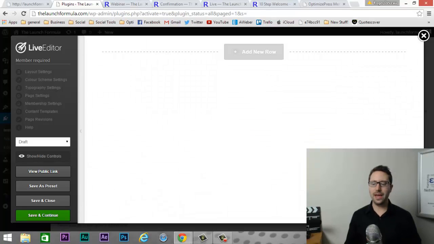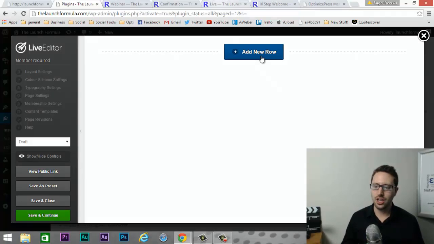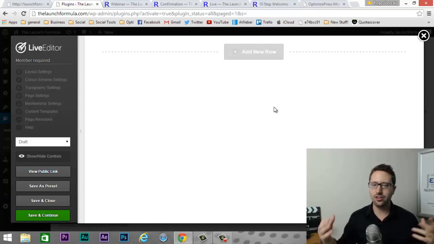So here we are in the page, and again, we're just going to make this quick and dirty because we want this to be functional. This doesn't need to be a beautiful page. It doesn't need to have any of that kind of stuff. All it needs to do is get the message across. So to keep this simple, when you've set this up and you've got your headers and banners and logos, you could do all that stuff. But I just want to show you the bare bones so literally you can get off the ground